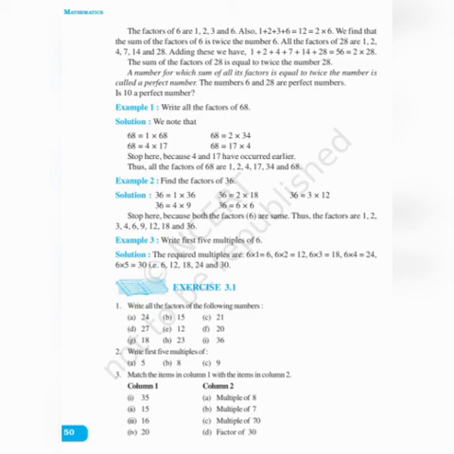Next, write the first 5 multiples of 6. What are the first 5 multiples? It starts from 1. 6 ones are 6, 6 twos are 12, 6 threes are 18, 6 fours are 24, 6 fives are 30. So totally 5 multiples they ask, just write only 5. Don't write 6 and keep going. If they ask you only 5, you should write only 5. You have to start from 6 ones are.